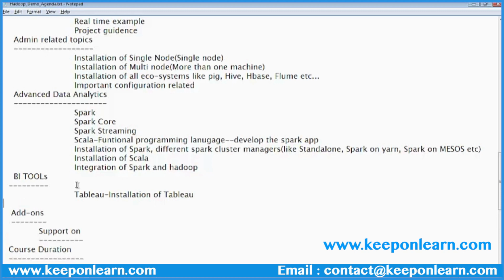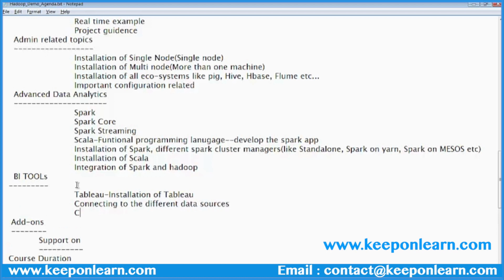and also core concepts about Tableau, how to connect to the different data sources. I'm going to teach you this very thoroughly, and also creating the sheets, dashboards and stories,